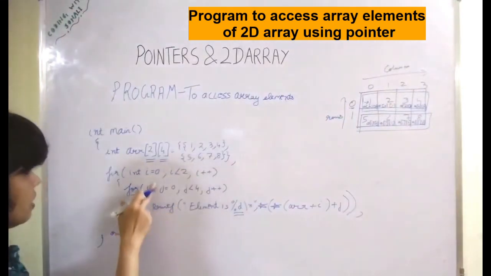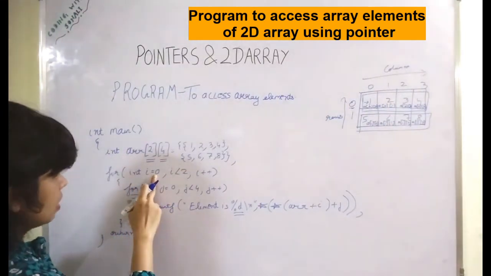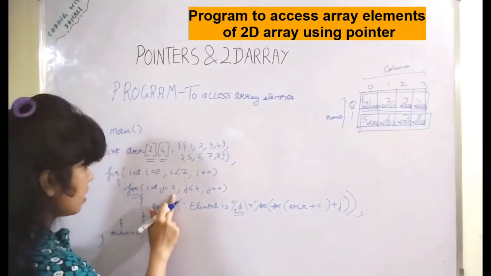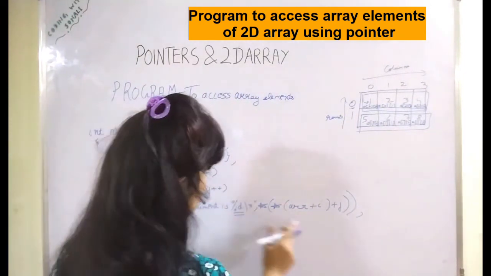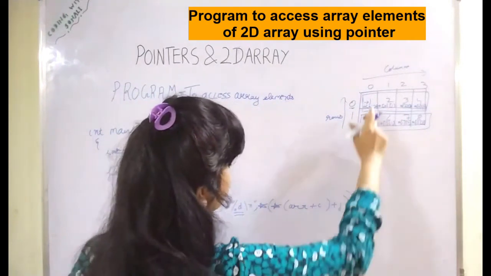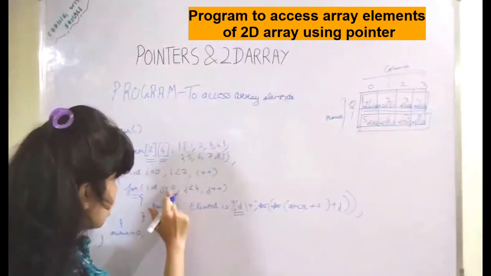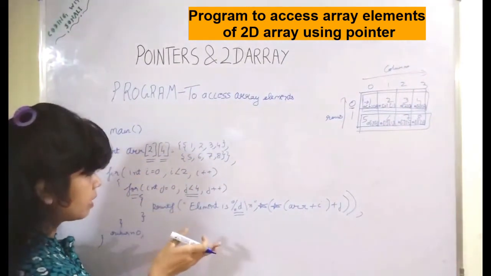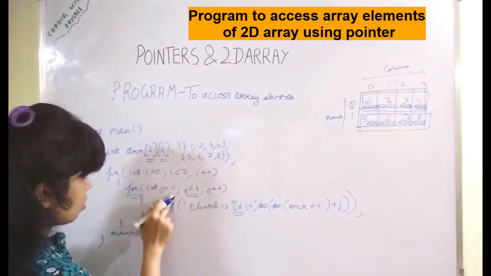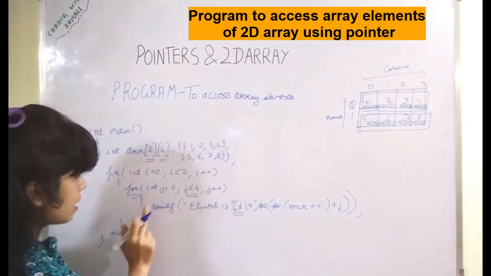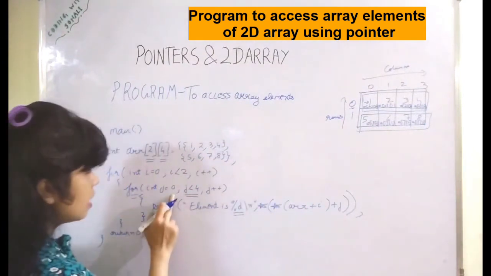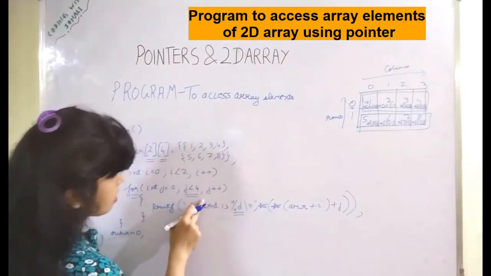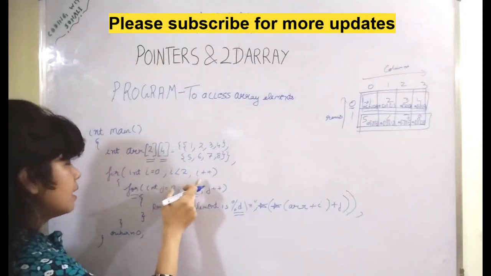So how will this work? First i is equal to 0. This condition is satisfied, therefore it enters into this loop, and then the inner loop j is equal to 0. So i is 0, j is 0, you will get this element. Next time j will be incremented. First for i is equal to 0, this inner for loop will execute completely. For i is equal to 0, j is equal to 1, again this will take place. Again j gets incremented, i is equal to 0, j is equal to 2, and so on till this condition is over. Then i gets incremented and becomes 1.